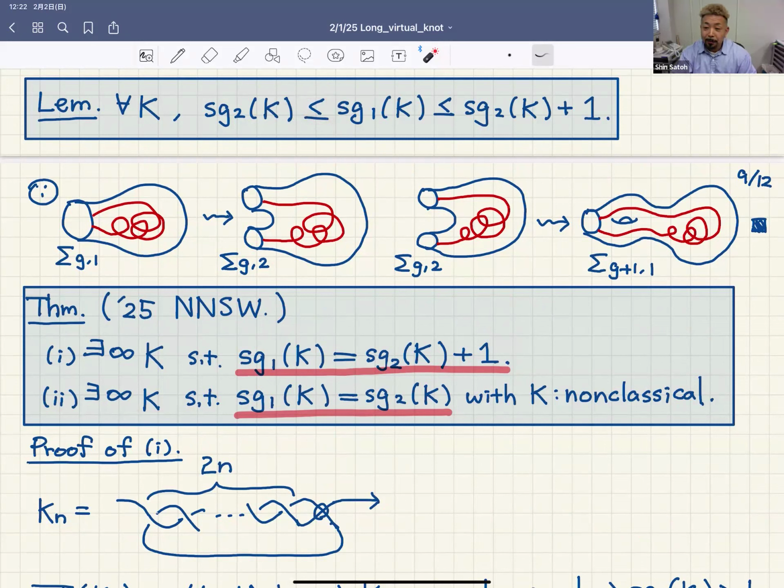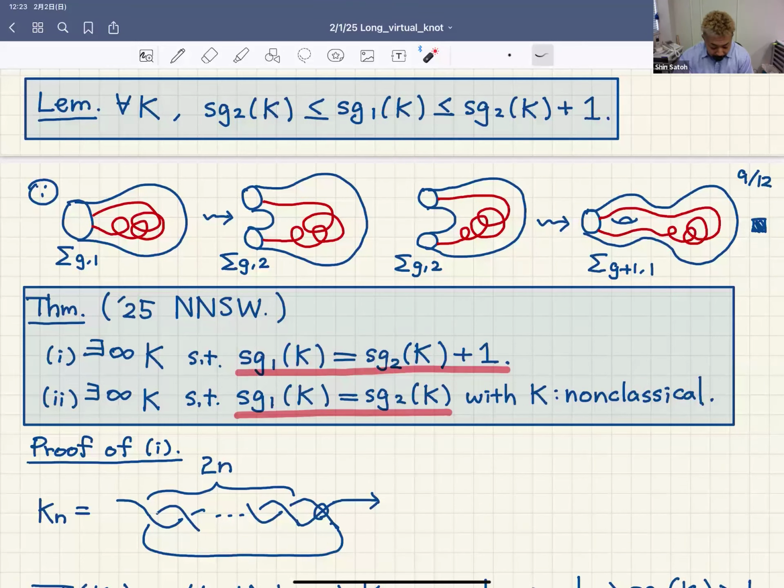But we remark that if K is a long classical knot, then the one supporting genus and the two supporting genus are both equal to 0. So we give an additional condition here. Anyway, to prove the first assertion, this one,